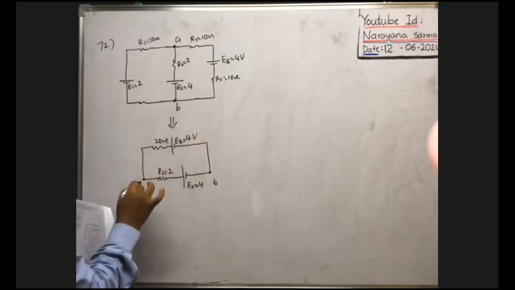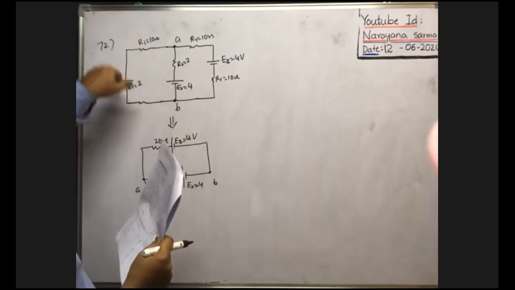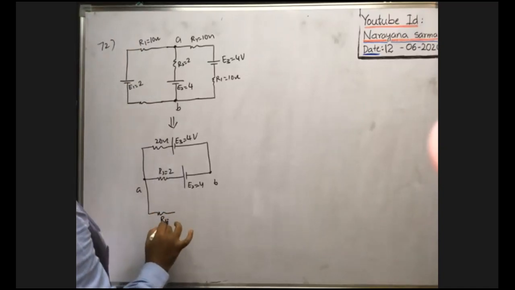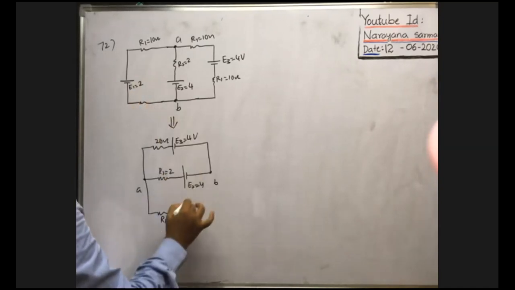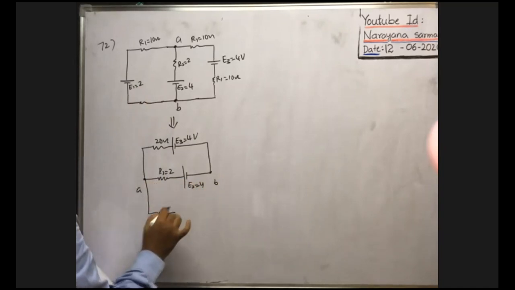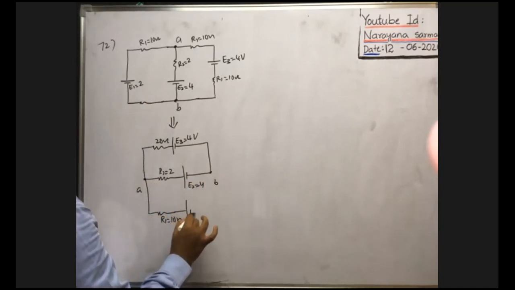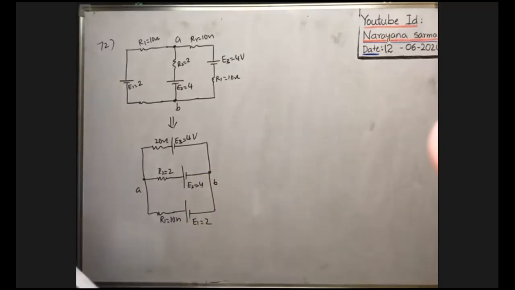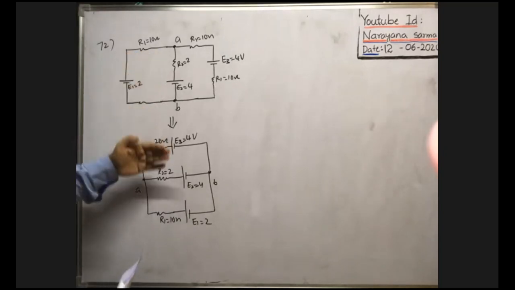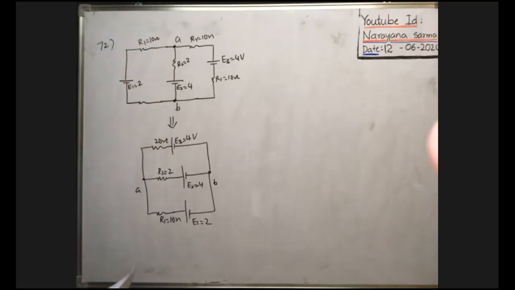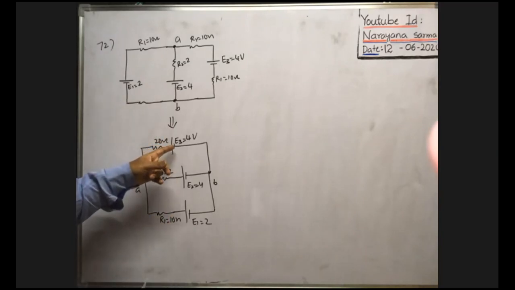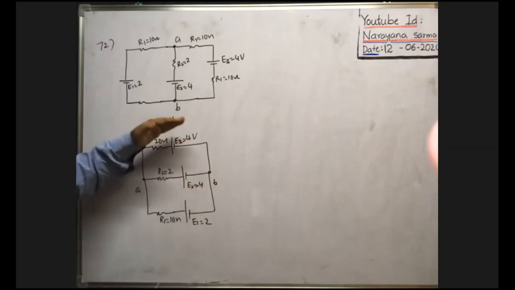Similarly, on this side between A and B, only the resistance R1 is there, R1 equal to 10 ohm. The positive terminal is connected to A through R1 and the negative terminal is connected to B. Here the EMF of this cell is equal to 2 volt. Suppose I redraw this diagram like this. It is the equivalent circuit of this one. If you see like this, all cells are in parallel now. Their like terminals are connected together, so all cells are in parallel.